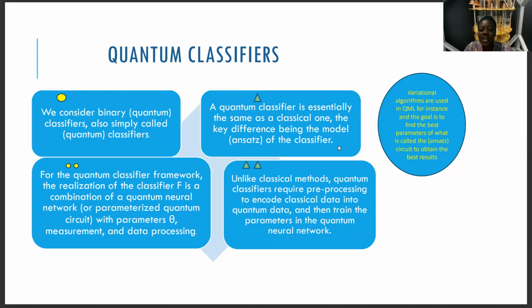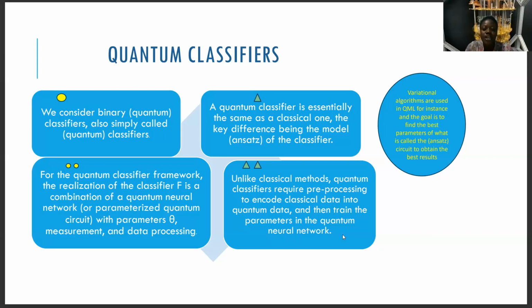So with the normal classical machine learning models, the only difference between those models and the quantum machine learning models is just the parameters that we use. So meaning that you can have similar models, but the changes in parameters is what makes the difference. So unlike classical methods, quantum classifiers require pre-processing to encode classical data into quantum data,